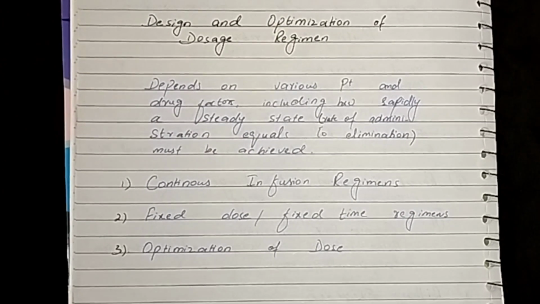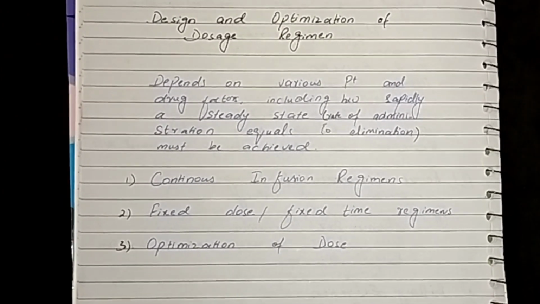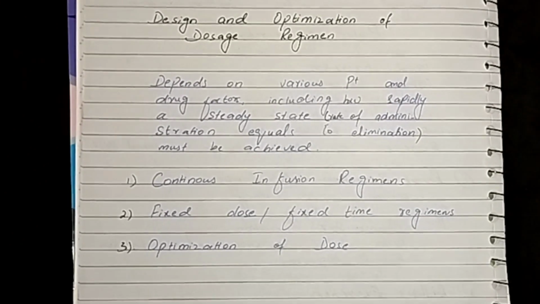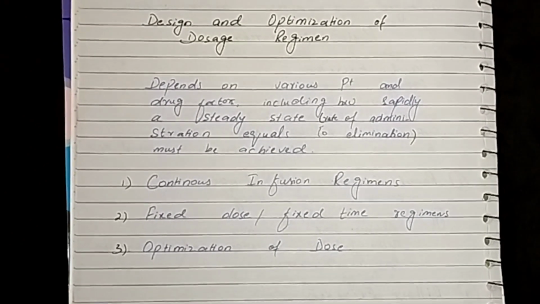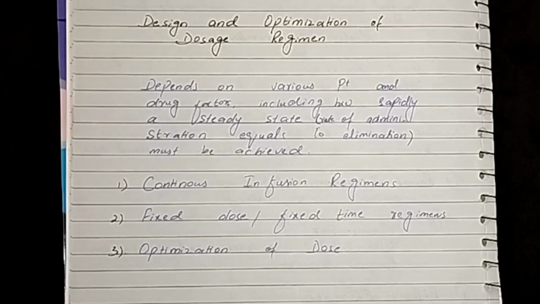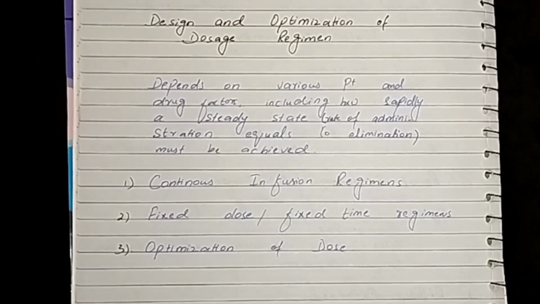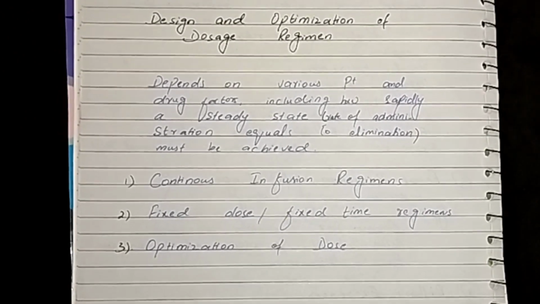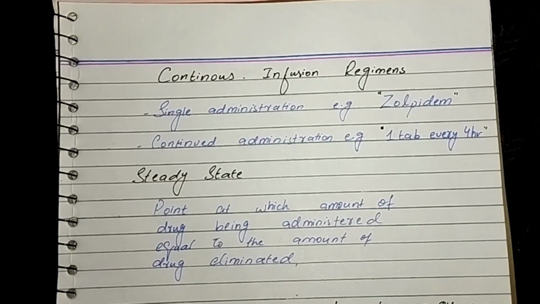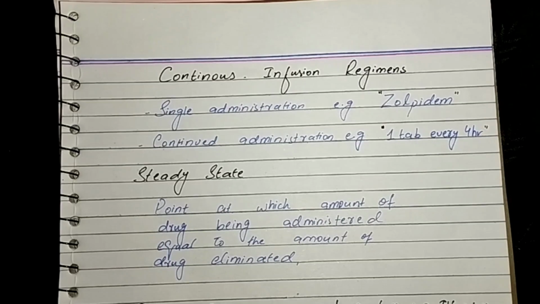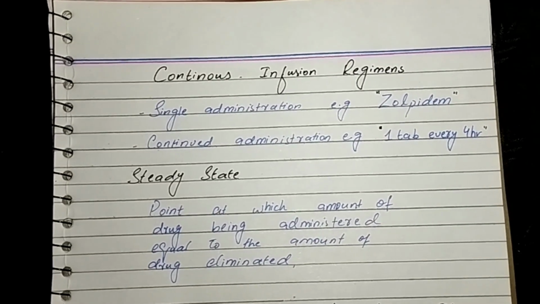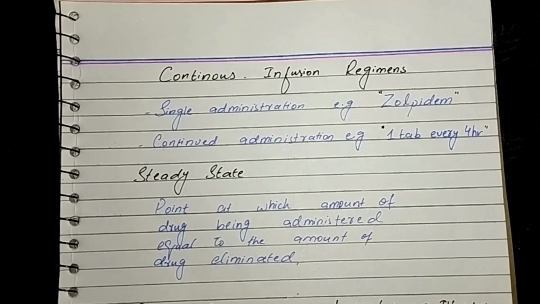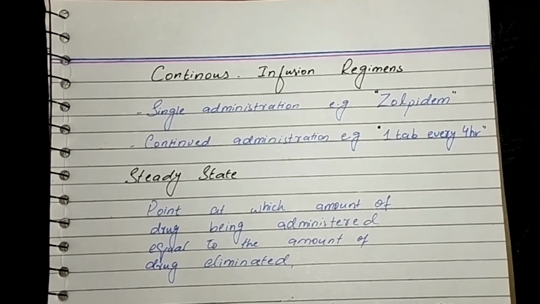There are three different types of regime: continuous infusion regime, fixed dose or fixed time regime, and the third one is optimization of dose. What happens in the continuous regime? Therapy may consist of a single administration of a drug, for example, a single dose of a sleep-inducing agent such as zolpidem. More commonly, however, therapy consists of continued administration of a drug either as an IV infusion or